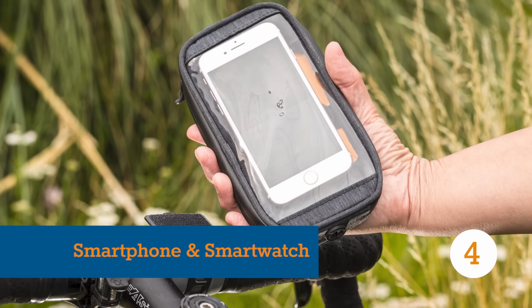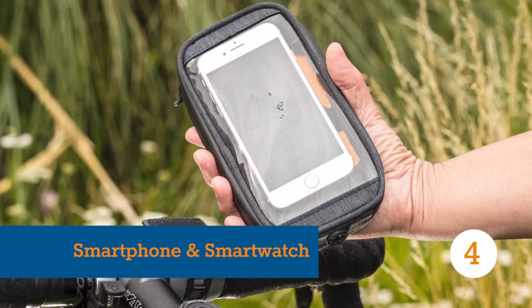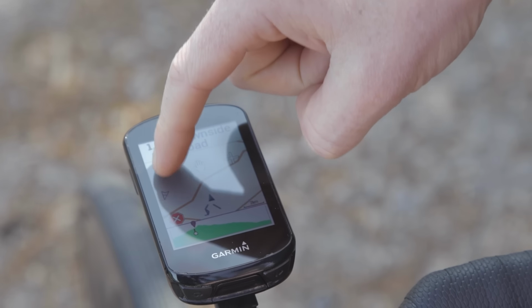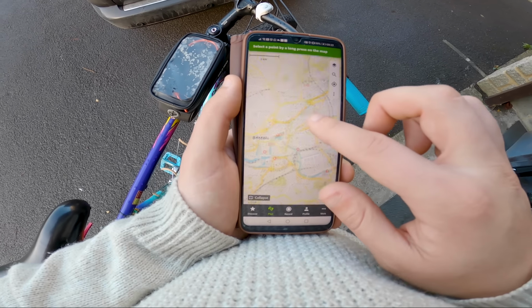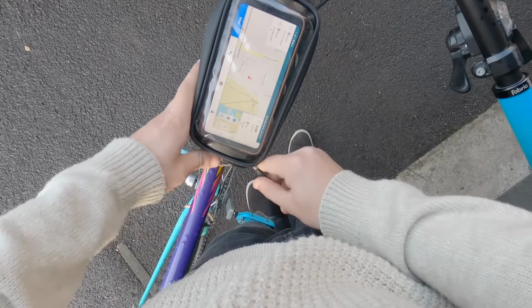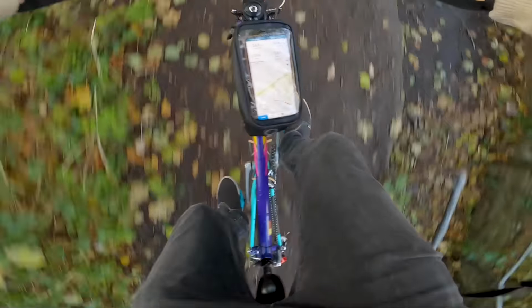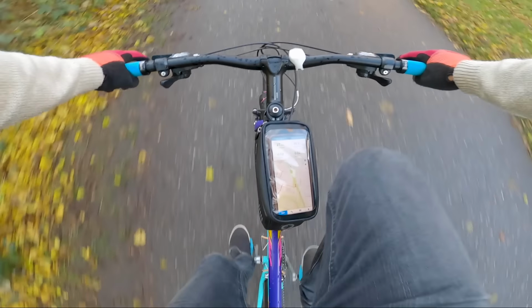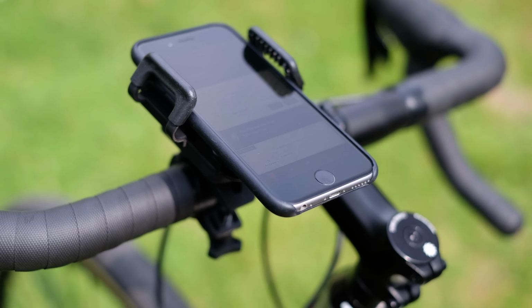For most people, a GPS cycling computer will usually be the way to go. After all, they're designed specifically for the job in hand. However, some riders may prefer using a smartphone or a smartwatch. While we don't have time to go into specific models, although do let us know in the comments if that's a top 5 video you would like to see, we will go over some of the pros and cons of